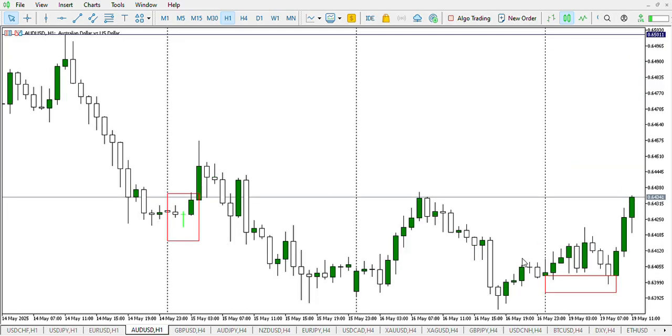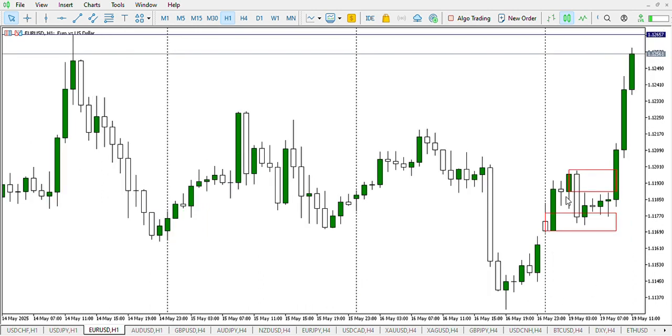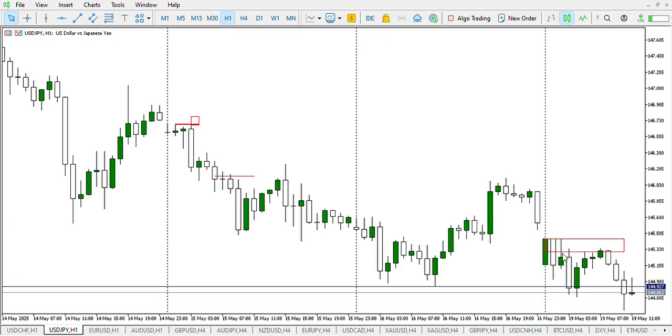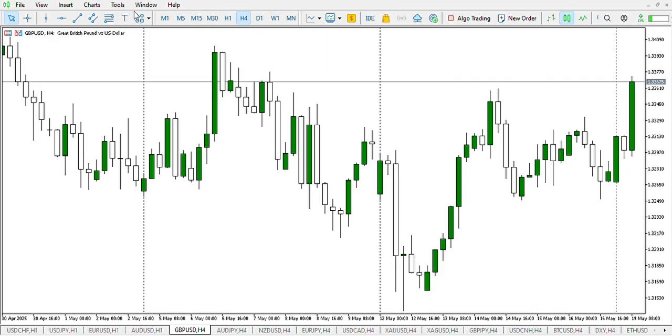You can see right here, this is the strong buy pattern. We have an engulfing pattern, a sell and a buy, and you can see price retested and moved up. Right here we have a very strong pattern, a sell and a buy which engulfed, and you can see how price moved up. You can see right here we have a sell, we have a buy and a sell, a strong pattern. You can see how price retested and moved down. So yeah,